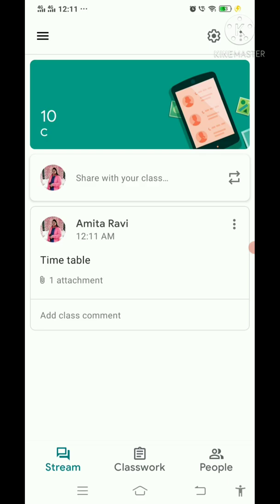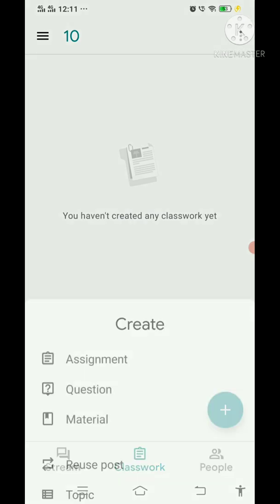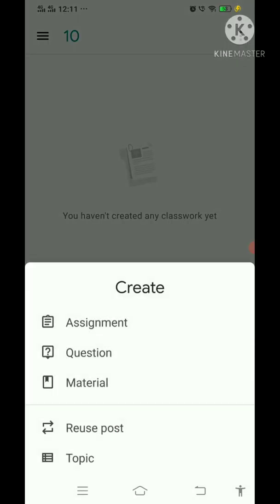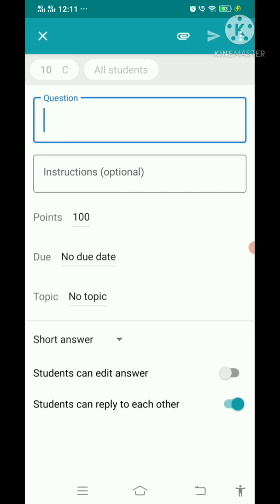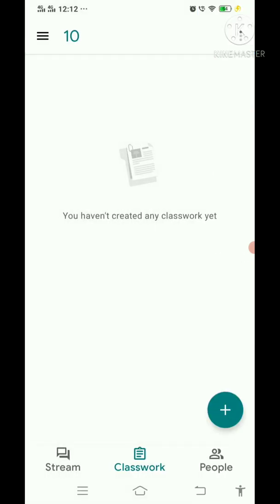This way, Google Classroom could be a good medium for sharing various resources from a teacher to the students, as well as the classwork tab allows us to create assignment questions and materials which could be posted to our students. The interface of questions is quite similar to the Google Forms which we have been using as an interface for checking our students' capabilities.